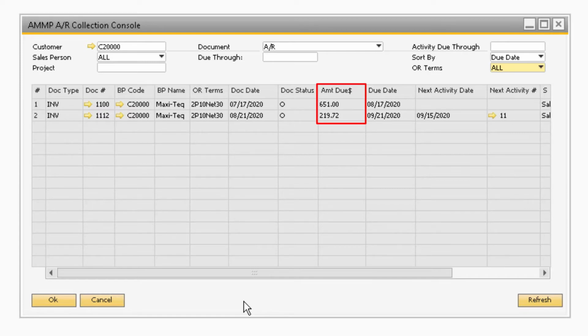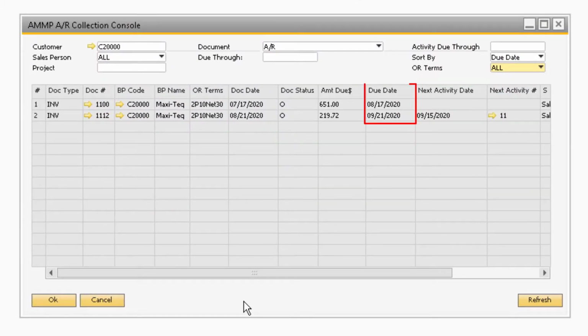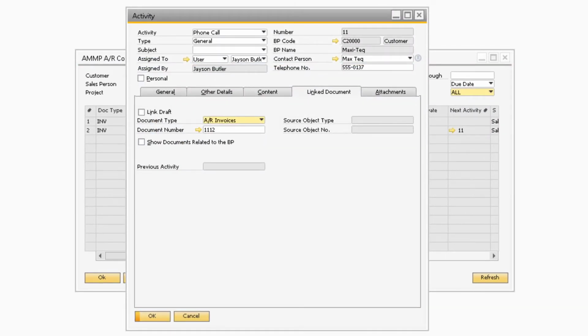Next, in the Amount Due column will be the amount from the Balance Due field on the corresponding document. Following that, in the Due Date column will be the due date that is on the document. Furthermore, the Next Activity Date column will display the date of the next activity that is linked to the corresponding sales document. The activity number of the next activity that is linked to the sales document will appear in the Next Activity Number column, and you can drill down to the activity document by clicking on the golden arrow next